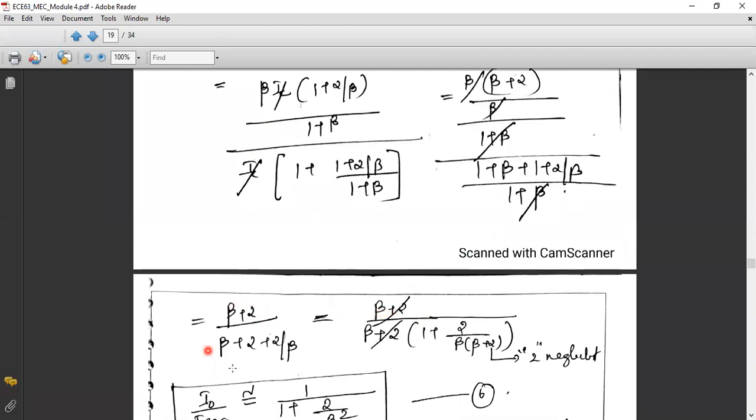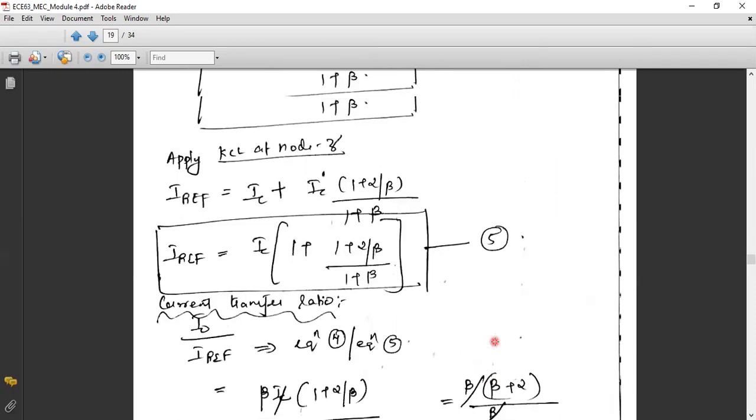Yes, are you getting this equation? Beta plus 2 divided by (2 + beta + 2/beta). And here, if you see, beta plus 2 can be common, so take this common. So beta plus 2, if you take common, here it will be 1 plus, and with respect to 2 by beta, you need to divide this, right? Since I'm taking it common. So 2 by beta into beta plus 2. Cancel beta plus 2 the same way as you have done previously. There it was 1, right? Here it is 2. That's the only difference, isn't it?